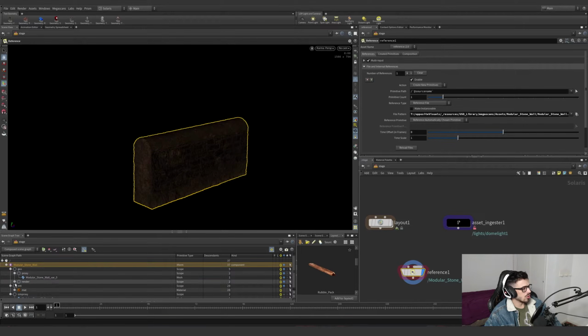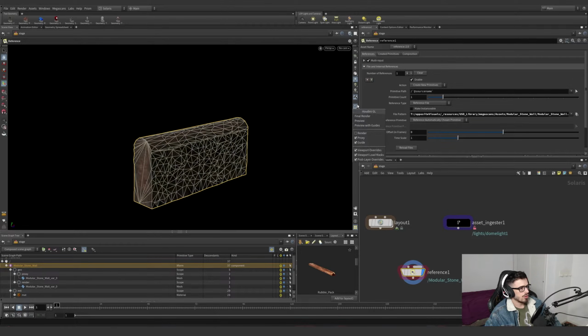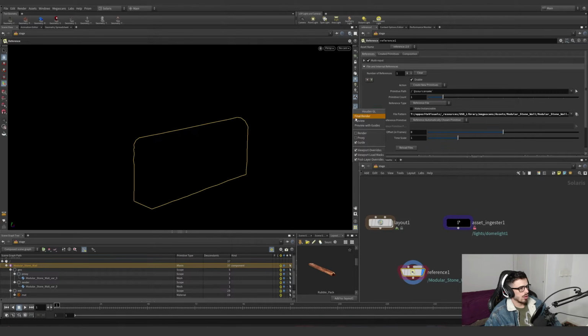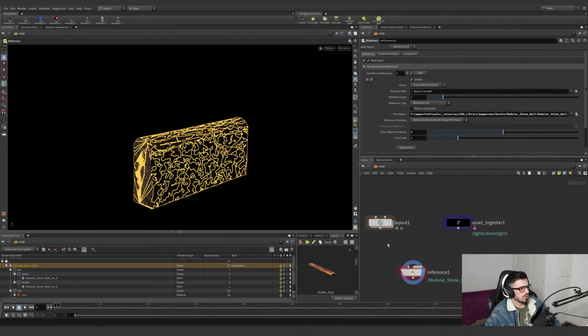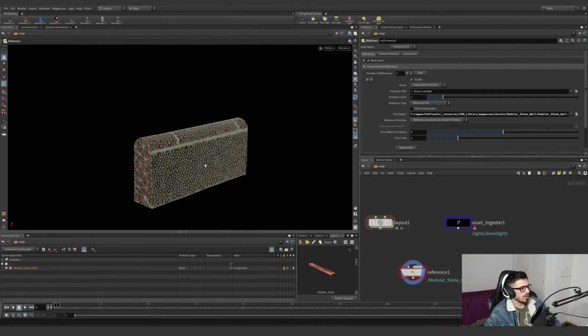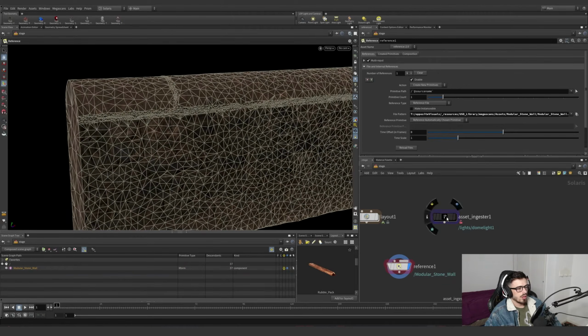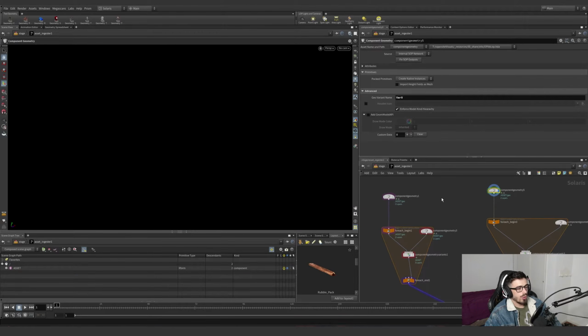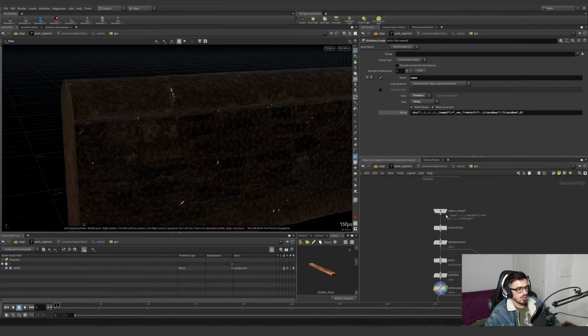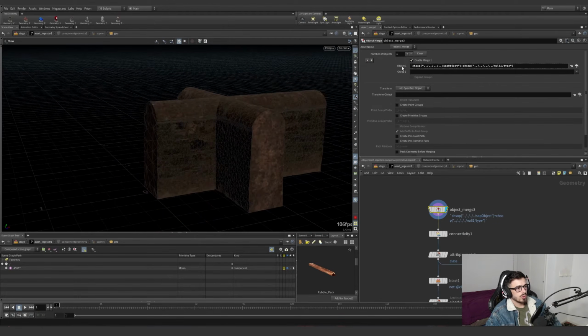And inside the geo, you have the proxy and the render. These are 2 different versions. This is the proxy, and this is the render. As you can see, they differ in amount of polygons. So with that being said, what we are doing here is to fetch. We're fetching this asset. As you can see, I'm just taking the path and doing a couple more things to